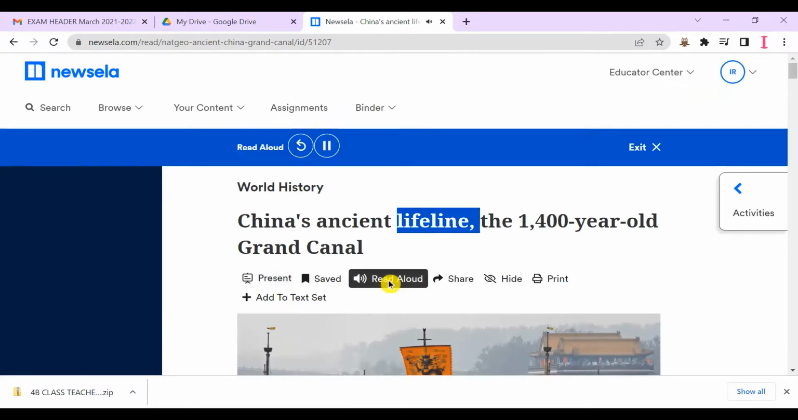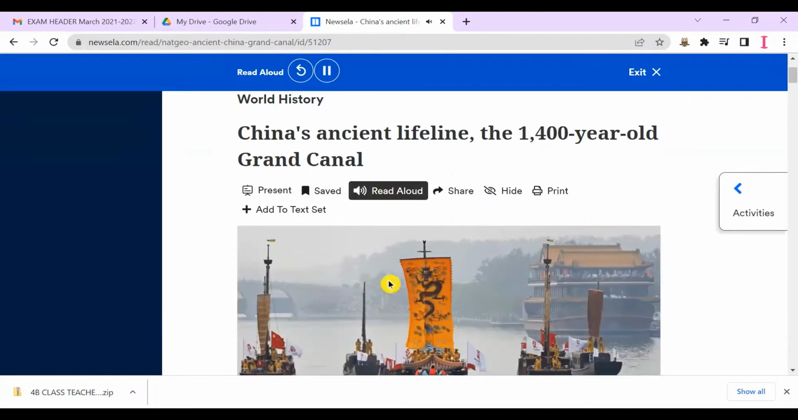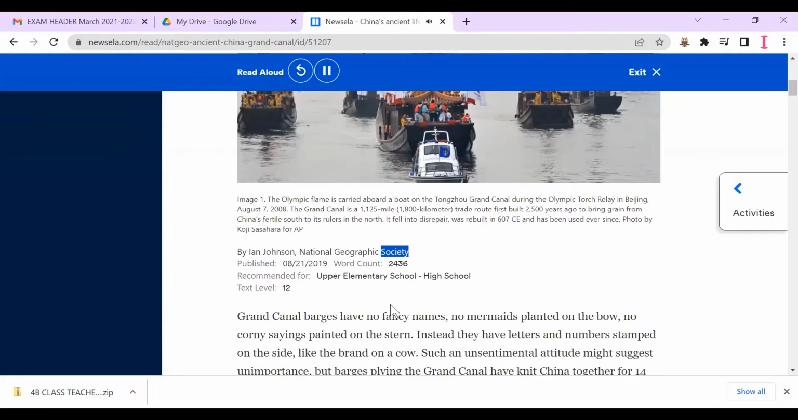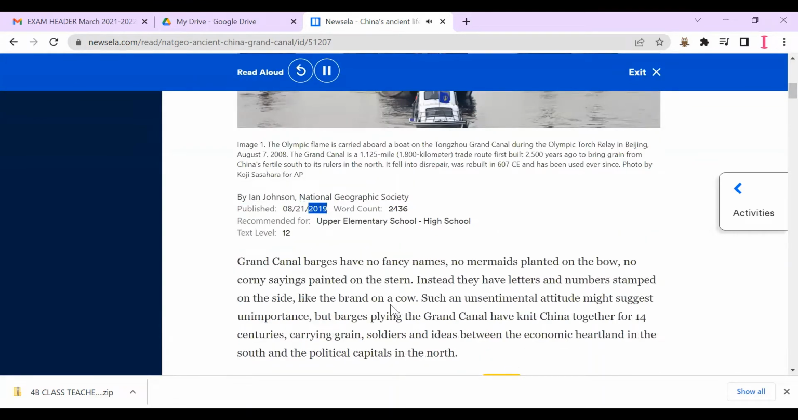China's Ancient Lifeline, the 1,400-year-old Grand Canal. By Ian Johnson, National Geographic Society. Published August 21, 2019. Grand Canal barges have no fancy names, no mermaids planted on the bow, no corny sayings